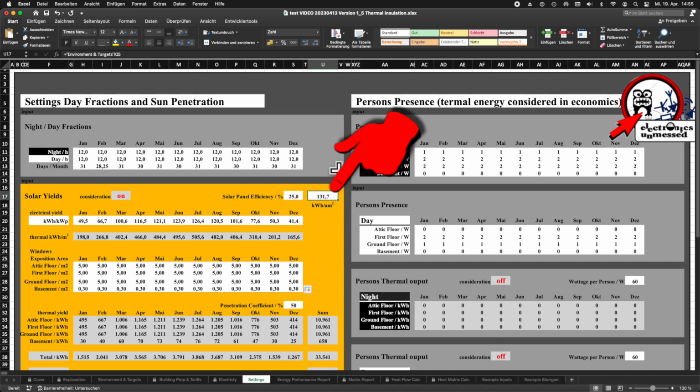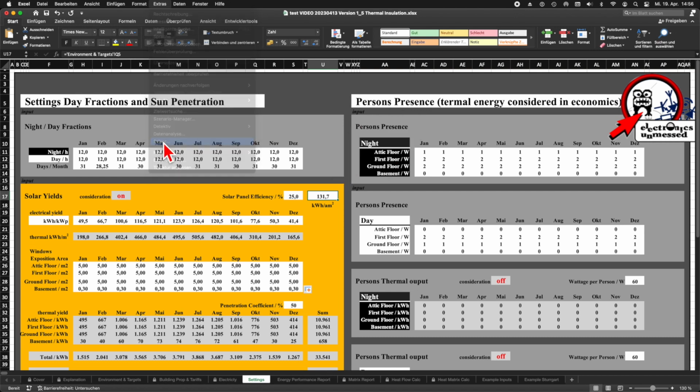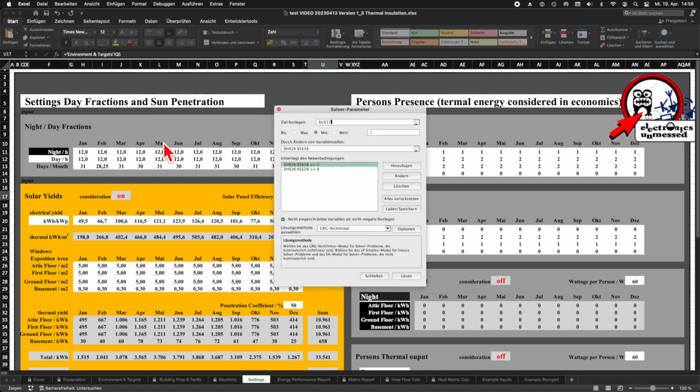And look at this. Without any window shutters, in total I would increase my yearly energy consumption to 131 kilowatt hours per square meter, because I would need a lot of air conditioning in summer. Then we mark the fields that we want to vary. I don't want to change the shading of the basement windows, because in reality I don't do that either.